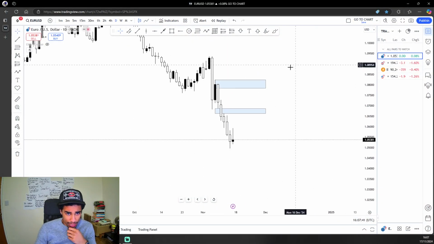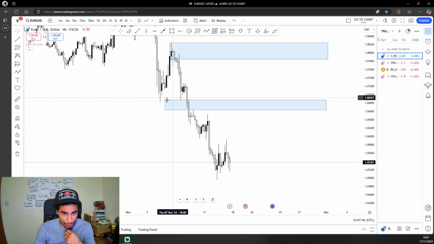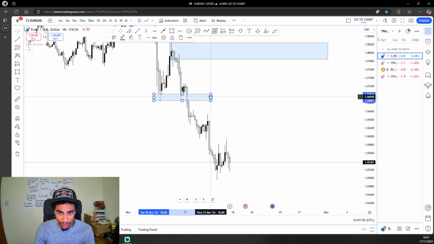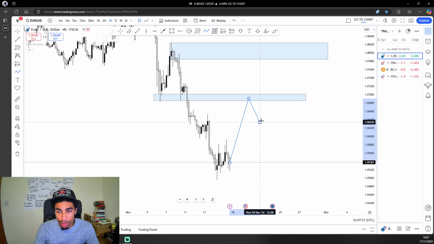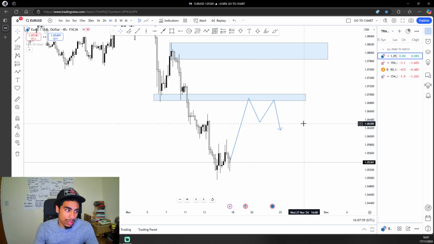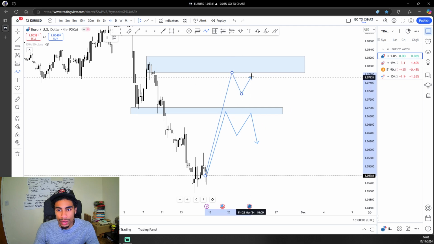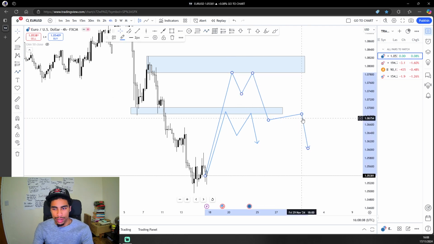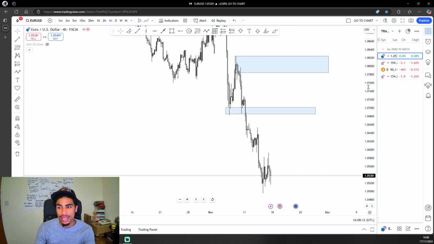On Euro USD, I've already got it marked out. What I'd like to see is a retracement into this zone here, this area here, probably this. I could refine this and make it this structure point here, these wicks here. I would like to see a retracement into here and then a break of structure. So for example, I'd like to see boom, boom, boom, boom before I get into a trade, or the exact same thing at this point, before I get into a trade. That's what I'd like to see on Euro USD,